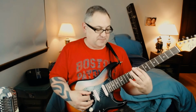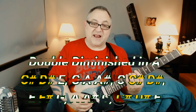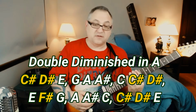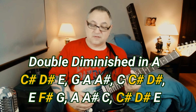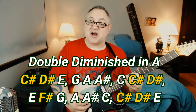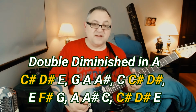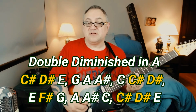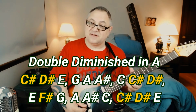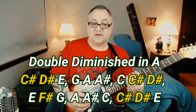I go C sharp, D sharp, E on the low E string. Then I play G, A, B flat on the A string. So it's followed by C, C sharp, D sharp on the D string, followed by E, F sharp, G, followed by A sharp, C, followed again by C sharp, D sharp, E. So it looks like